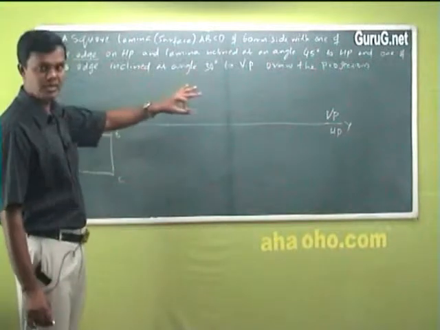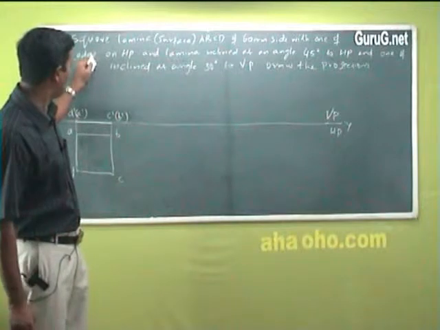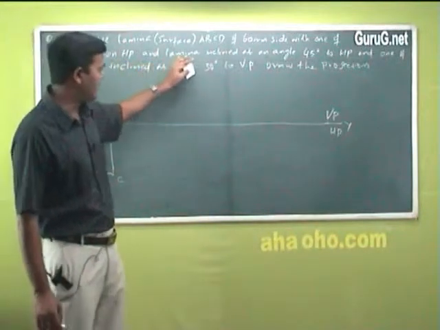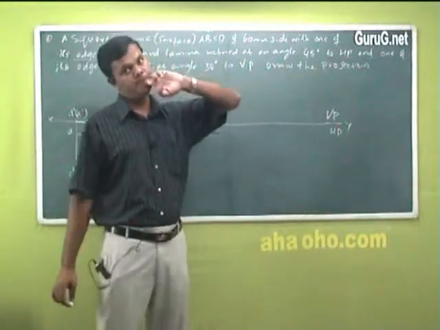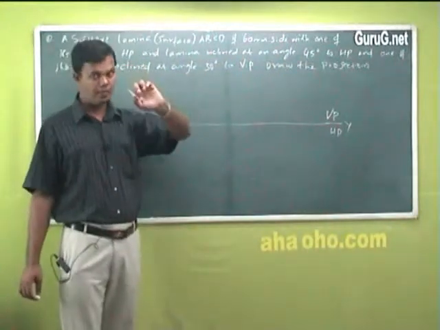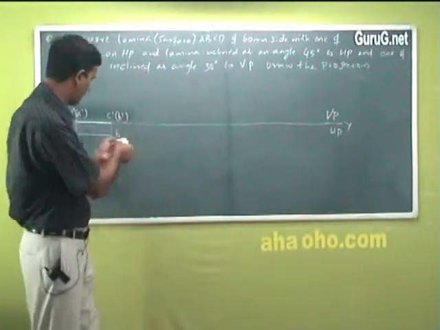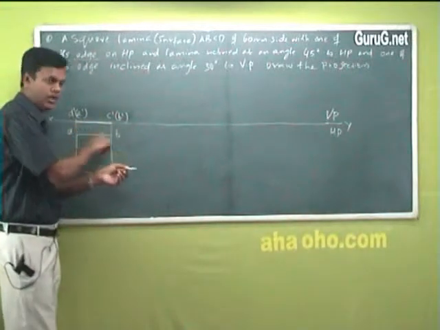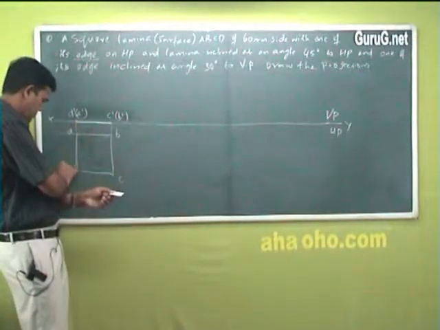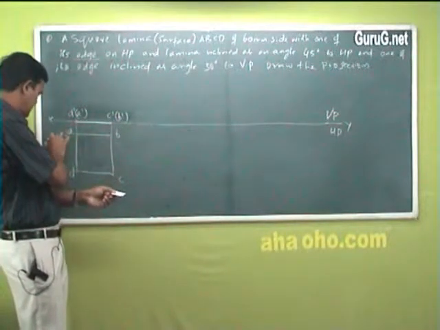Now the next step, what is that? It is resting with one edge on HP and the lamina inclined at an angle of 45 degrees to HP. That is the condition. How to make the body inclined at 45 degrees to HP now? Now the condition is like this. What we have drawn from the top view is full. I can see this is 60 mm. You can see this side is 60 millimeter.